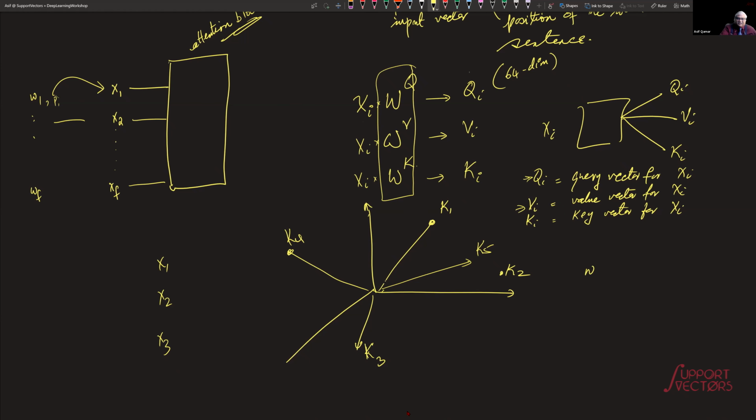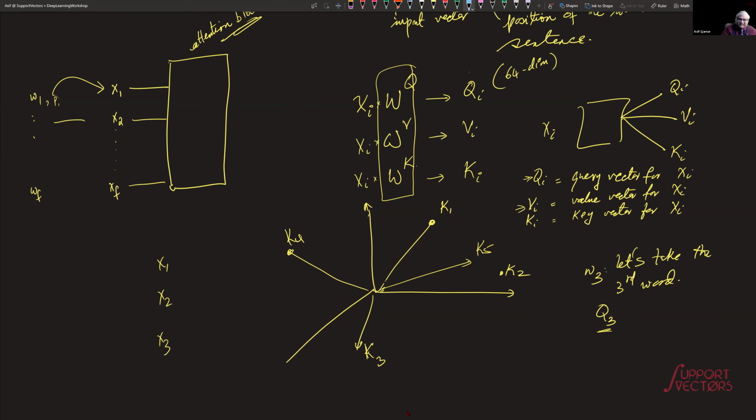The word is W, the fourth word, maybe the third word. Let's take W3, the third word. So you look at the Q3 of this and you project it in this K space and you see where the Q, remember they are all 64 dimensional vector space, so they can all be put in the same vector space. You take Q3 and let us say that your Q3 happens to fall,